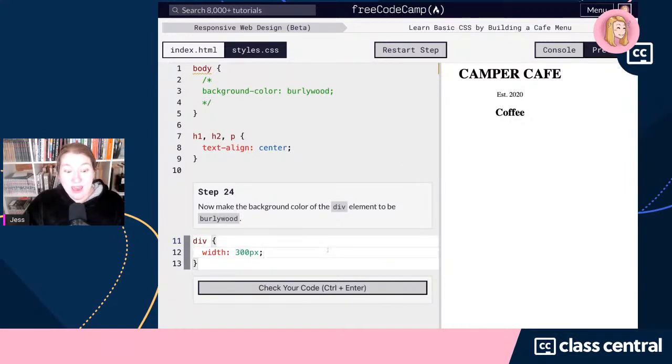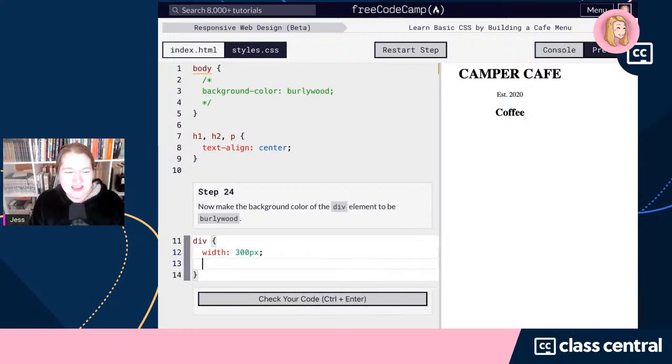We're going to make the background color of this div element Burlywood. And this is exciting because I want to show you that you can set multiple rules within the same CSS selector. Here we've already got our CSS selector to say, whenever you see a div, I want you to do these things. Right now it says, whenever you see a div, make the width 300 pixels. And your browser's like, babe, I got you. When I see a div, I'm going to make the width 300 pixels. And I want to say, well,